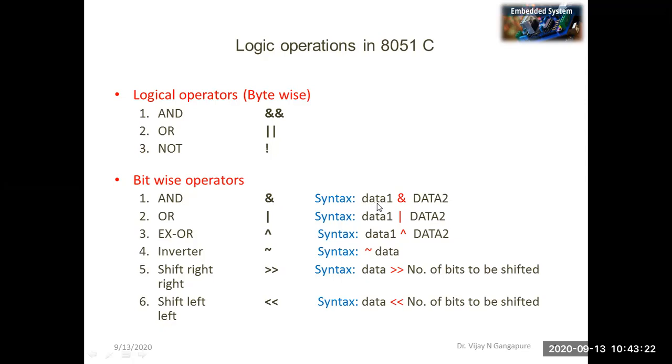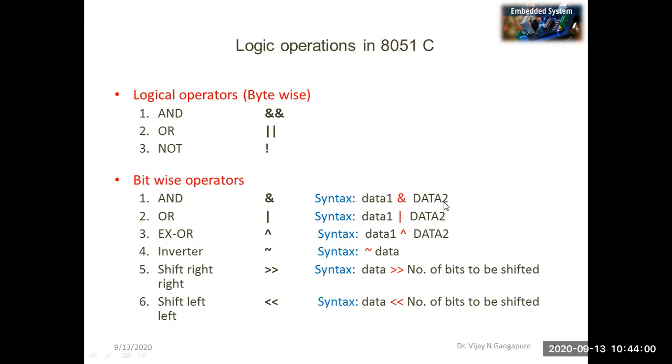How to use it? Suppose data 1 and data 2, in between data 1 and data 2 we have to place this single ampersand. Data 1 is 8-bit data, and data 2 should also be 8-bit data. Now how does this bitwise AND operator operate on these 2 bytes? It will do a bitwise ANDing operation. Means how? It will take bit D0 from data 1 and bit D0 from data 2, and